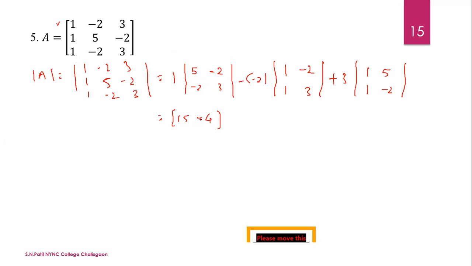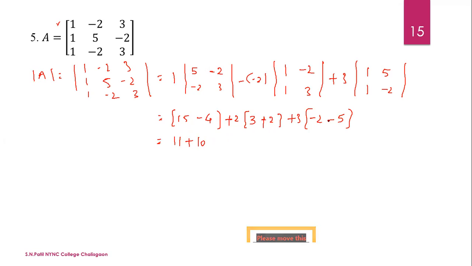If an odd number of times minus sign is there, then keep the minus sign as it is. Now here minus 2 and minus 2, that is plus 2. Now in bracket, 3 into 1 is 3, minus this product, the product is minus 2, and here minus sign, minus minus plus. Now 3, here product is minus 2, and minus 5 into 1 is 5 and minus, okay, is equal to 15 minus 4, that is 11, plus 2 plus 3, 5, 5 into 2, that is 10.